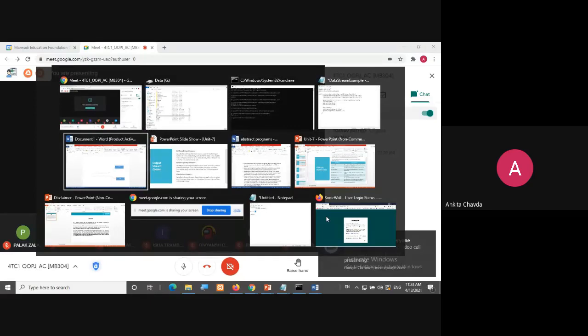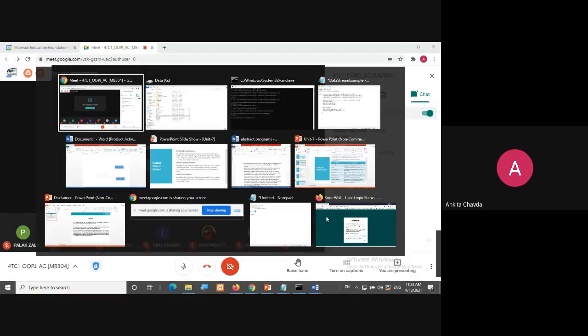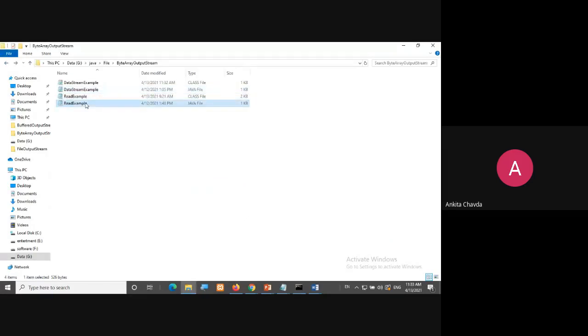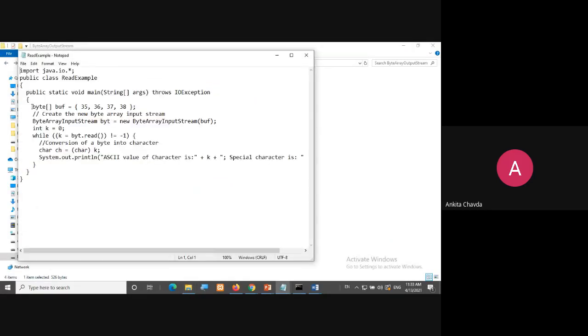Now again we'll read the data, and for that I have the byte array input stream. You can understand what the name itself says. You can even read a single data and print it here, or you can write a single data just simply like we have written 65, or you can write a whole byte array, right?